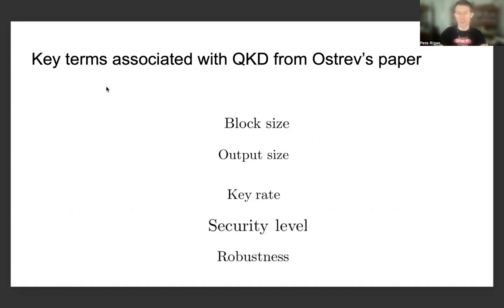In the first presentation of this series, I had reproduced a couple of key terms associated with quantum key distribution, two universality and QKD hashing from Oster's paper, which relate to block size, output size, key rate, security level, and robustness. All these terms are pretty informative to keep as more general buzzwords, or just ways in which someone could have a more general impression in mind of what the actual components of quantum key distribution are,